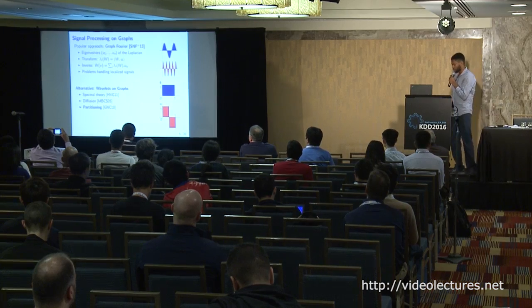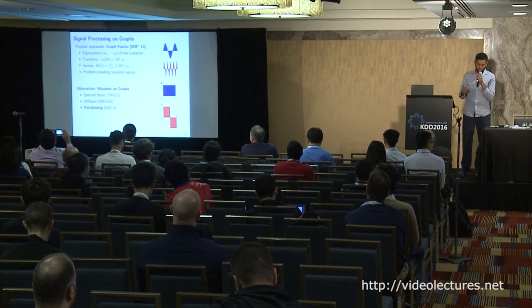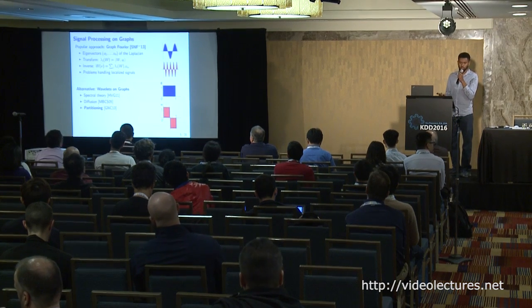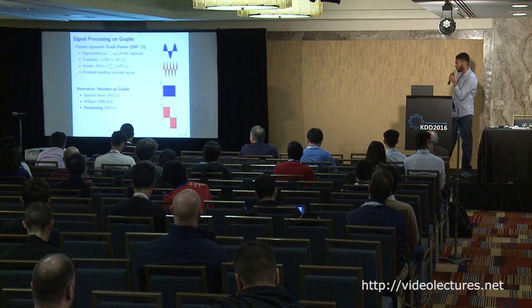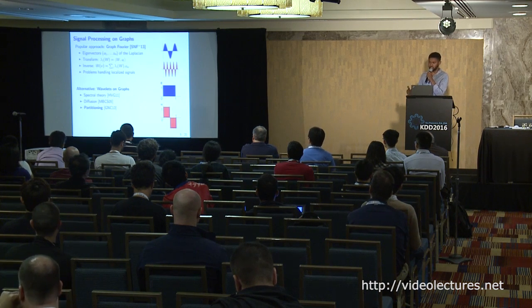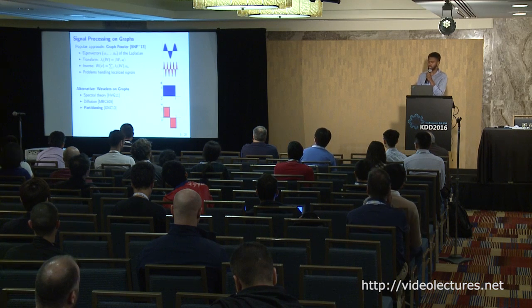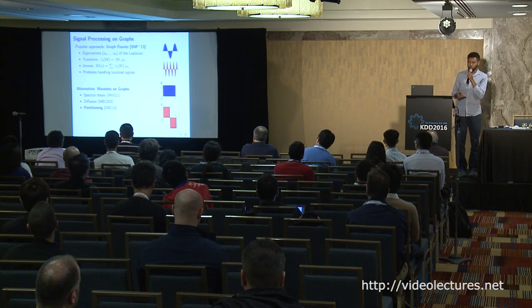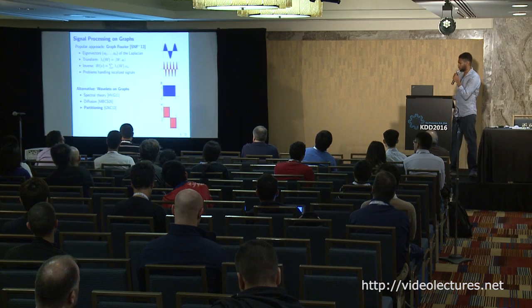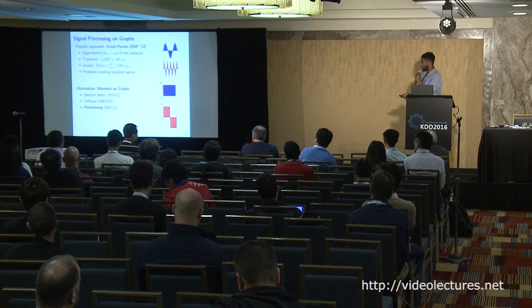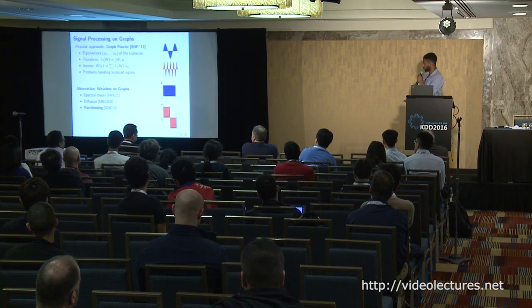The problem is that, in the same way that the Fourier transform doesn't work well in every scenario in signal processing, say if you don't have constant frequency, then your Fourier transform will not capture the data well. If you have some localization, or some graph region that has a very different behavior from the rest, then graph Fourier also doesn't work well. So what people did was, okay, let's generalize the wavelet transform, because we know that wavelet transform can capture this sort of behavior. And here I'm going to talk about one particular way to do graph wavelet transform that's based on partitioning.